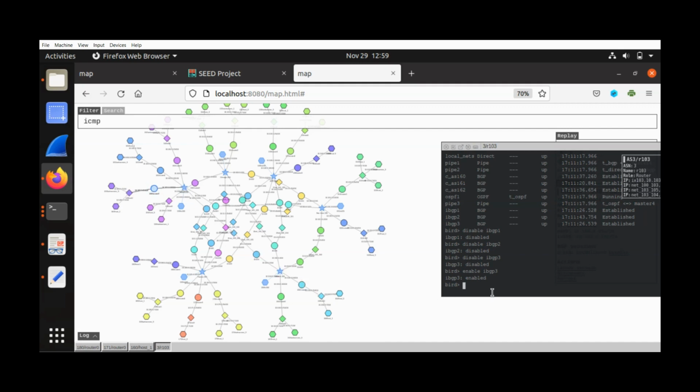So we'll do the same with the OSPF one. Let me just enable both IBGP 1 and 2. Okay, so I will disable OSPF 1, which is an IGP. Okay,